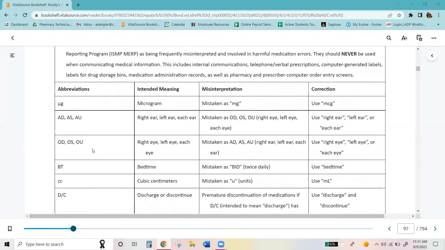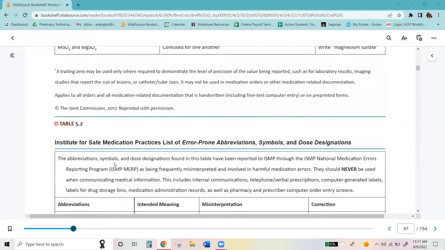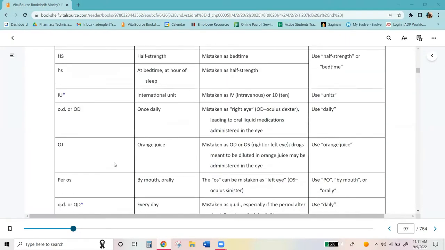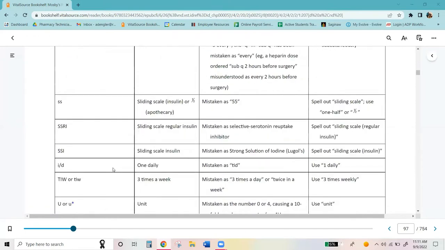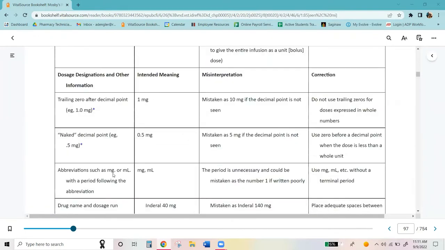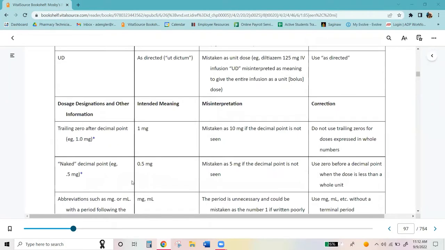In the similar list for the ISMP, which you can read through and look through, here's another important one. We do not want to have a naked decimal point or not starting with a 0. We never want to write point five or point whatever. We want to write a 0 first. So that way there is no